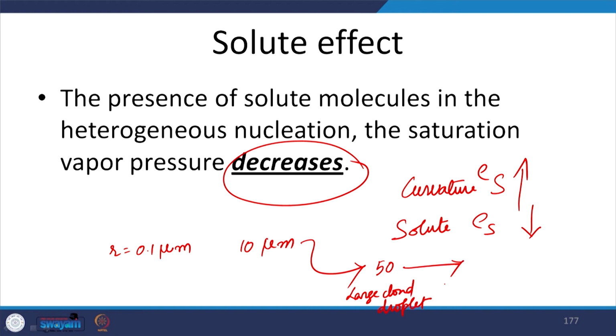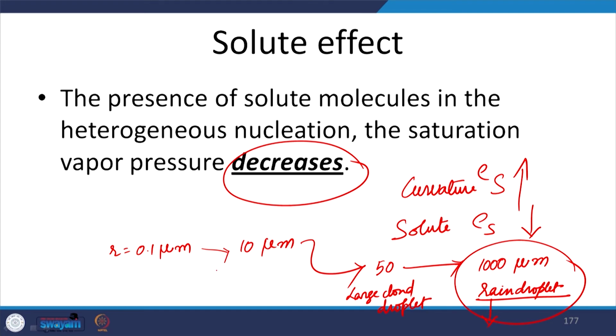and this has to further grow to sizes of let us say 1000 micrometers to be called a rain droplet. Once this process is complete, only then you will see what is called precipitation. This is when gravity kicks in and makes the rain droplet travel towards the surface, right. So, this process, starting from 0.1 to 10 micrometers, to 50 micrometers, and 1000 micrometers,